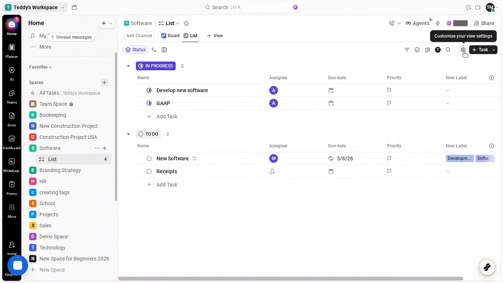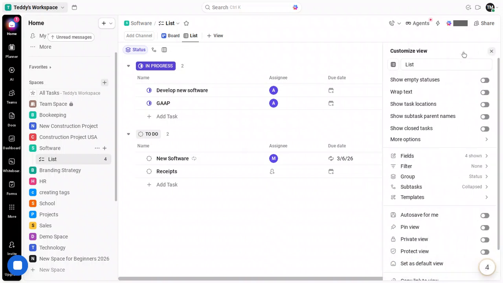Show Task Locations adds a breadcrumb trail right in the view, so you can immediately see where each task lives across Space, Folder, and List. Show Subtask Parent Names keeps hierarchy crystal clear by displaying a subtask's parent without extra clicks. Show Closed Tasks includes completed items, which is useful when you want the full story of a task's path, even